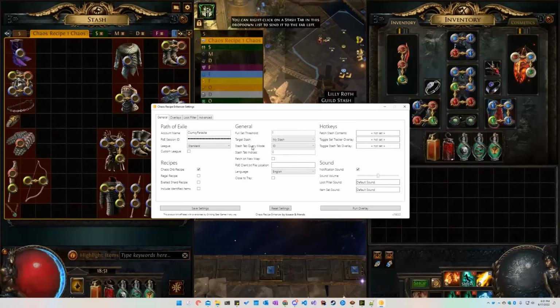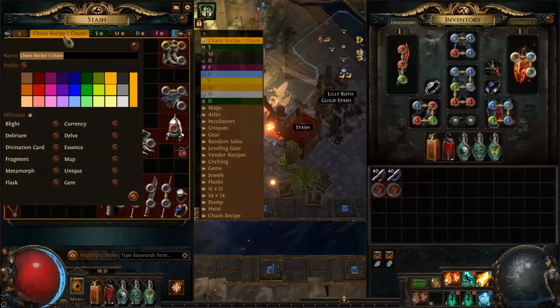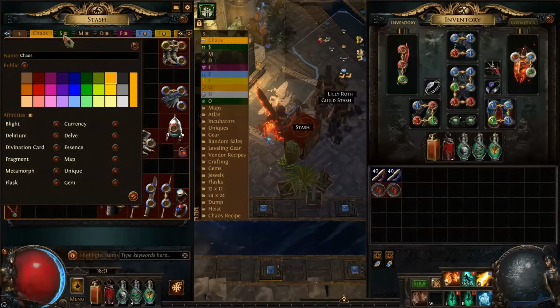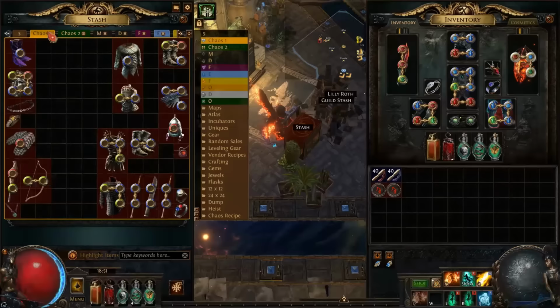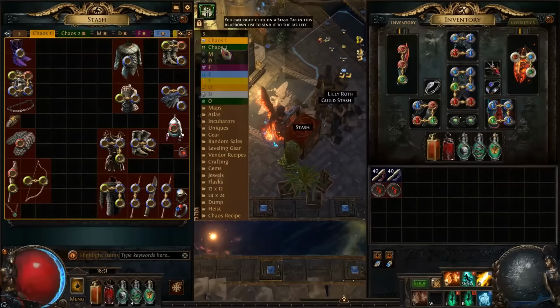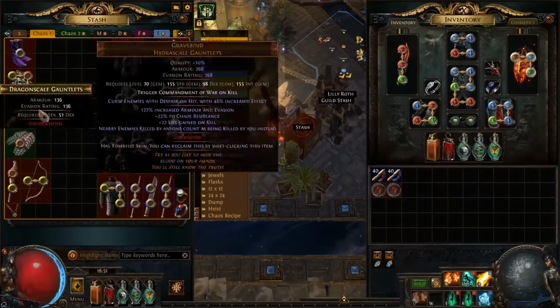Next is something called the stash tab query mode. This is telling the app how to look up for a given tab or a collection of tabs. Now, the most common cases are going to be using a prefix or a suffix, and this is on the tab name. So in the case of having multiple tabs where I want to have them, let's say with the prefix of chaos, chaos 2, this actually won't work because it's a currency tab, but whatever. I can now use that prefix to search my entire stash, and all the tabs that are named chaos and then something are going to pull